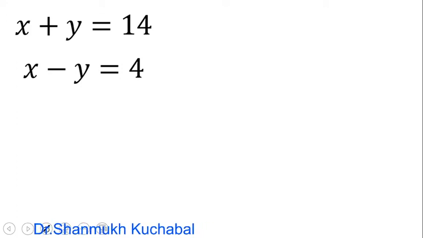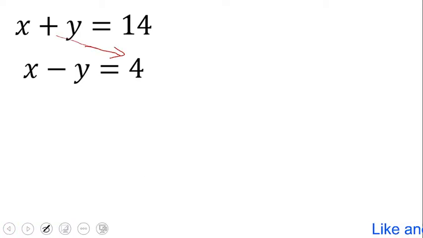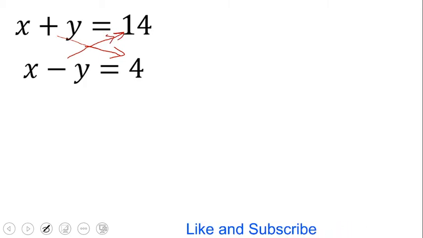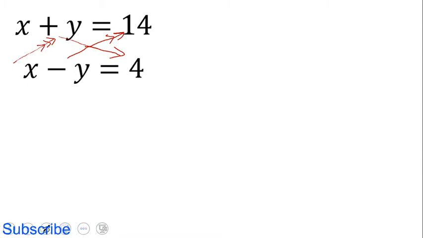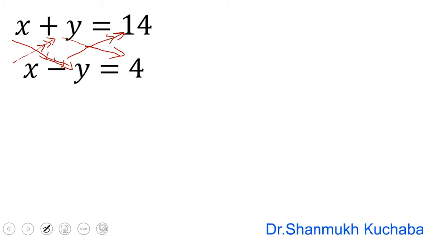The method for solving this is very simple. First we take the y coefficient and multiply it with the RHS element here. So left to right multiplication, then right to left multiplication. Two arrow marks I have taken, in the same direction. This will be our third multiplication, and this is our fourth step here. So four arrow marks I have taken.